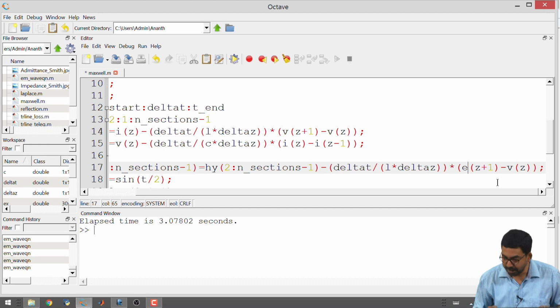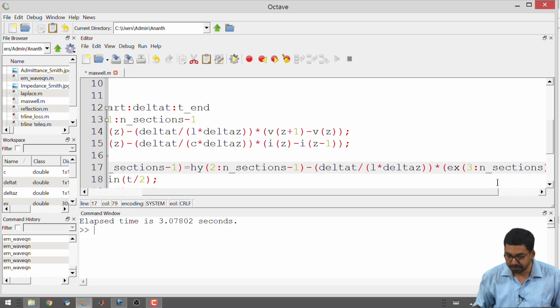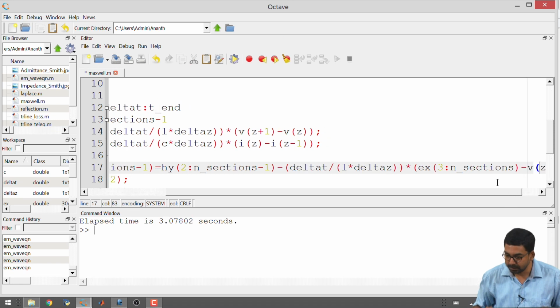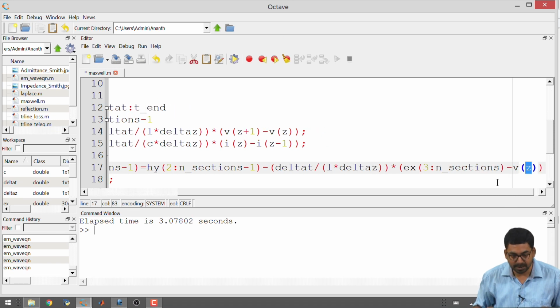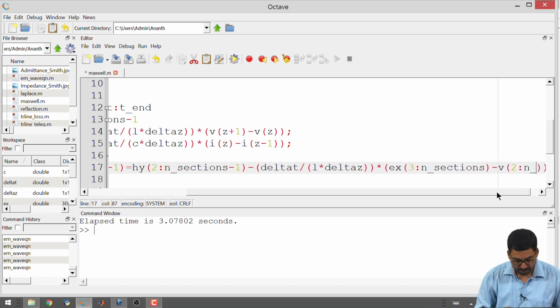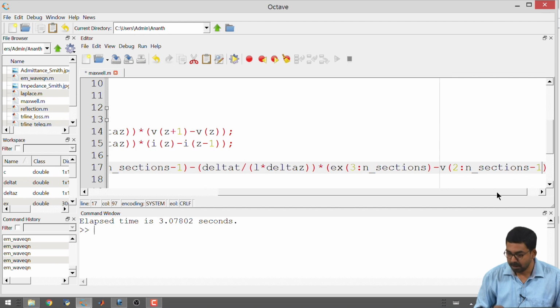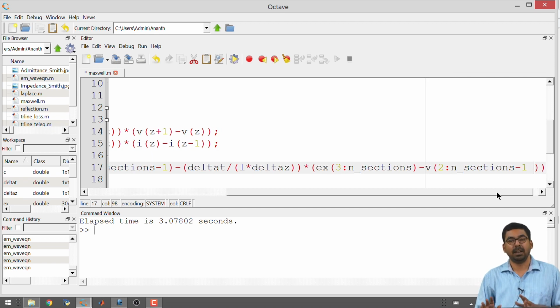So, that becomes Ex, z plus 1 becomes 3 colon n underscore sections, and z is 2 colon. Okay, we are just replacing z, z plus 1, z minus 1, etc. with the definitions from the for loop directly.